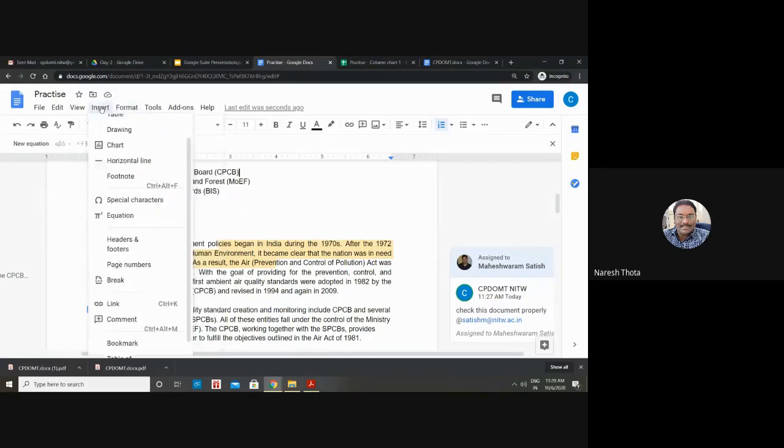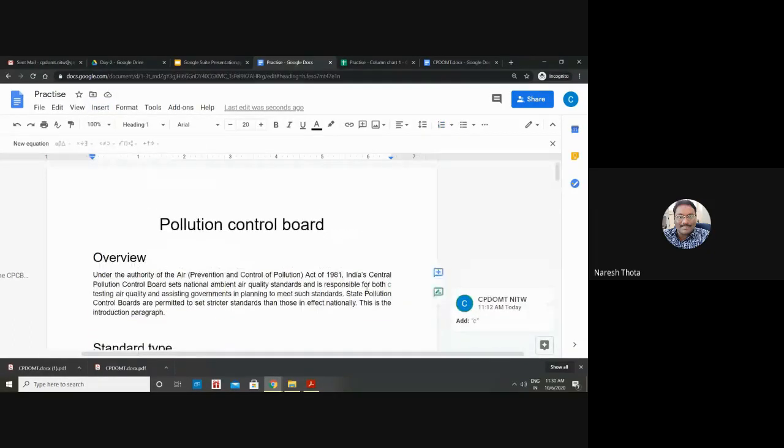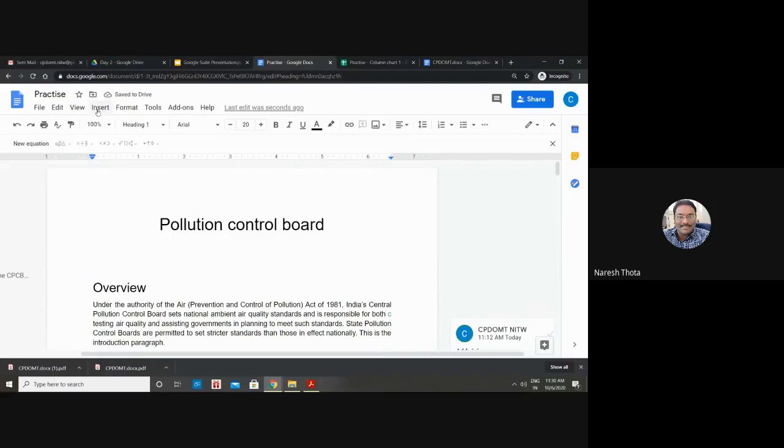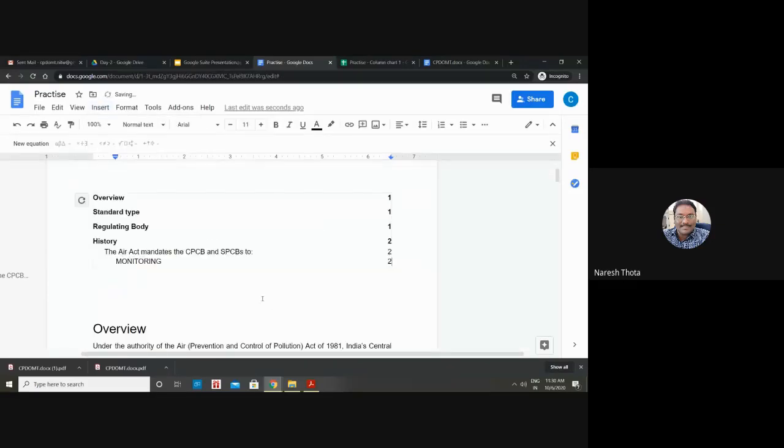Yeah. So let us go to the other one, which is the table of contents. So whatever I gathered here, before the overview, I will select the place where I can place my table of contents, insert table of contents. This will basically happen based on your headings. Since I have already put some headings, you can do it with the page numbers. Right now I'm going to do it with the page numbers. If you see, all these are headers to some section, where your page numbers will also be there.